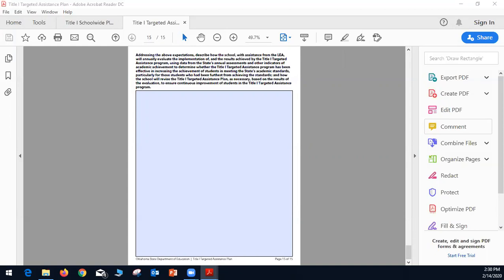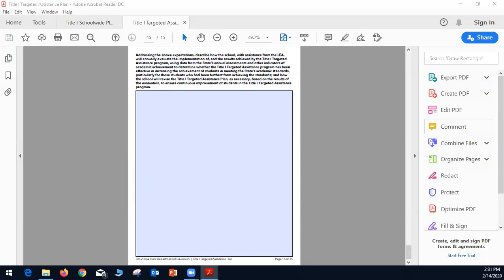There is no template for the annual program review. Again, you will use your own templates and formats. If you have good ones, we are more than happy to take suggestions, and maybe we can work together with you to help other districts in the state. But no, at this time there is no prescribed template or format for the needs assessment or for the program review.